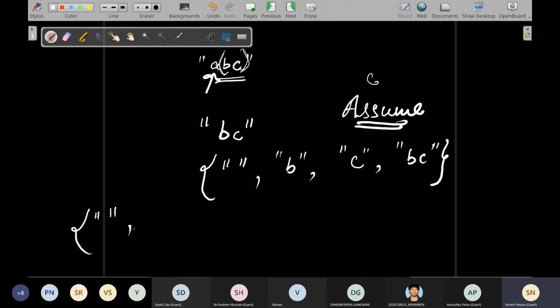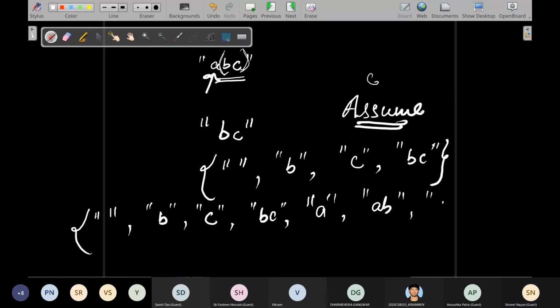It will be like this, then B, then C, then BC. Now we are adding A at the beginning of every string. Okay, now what will it be? A, then it will be AB, then AC, and ABC. Okay, so using the solution to this sub problem,